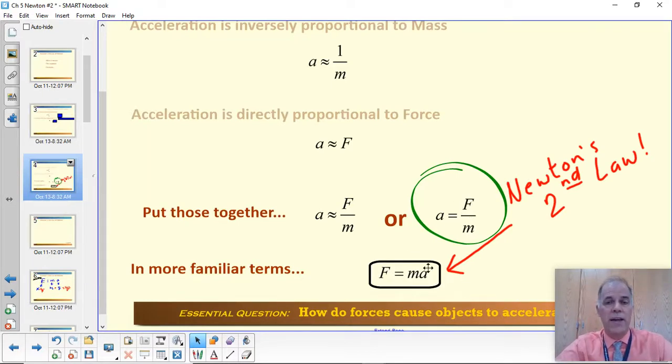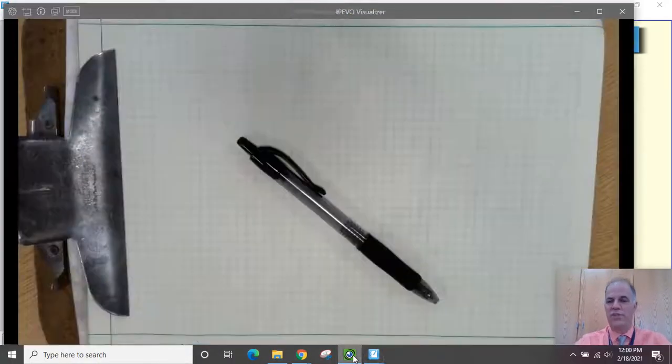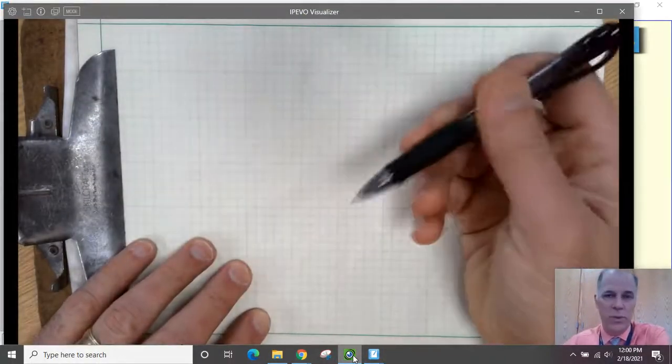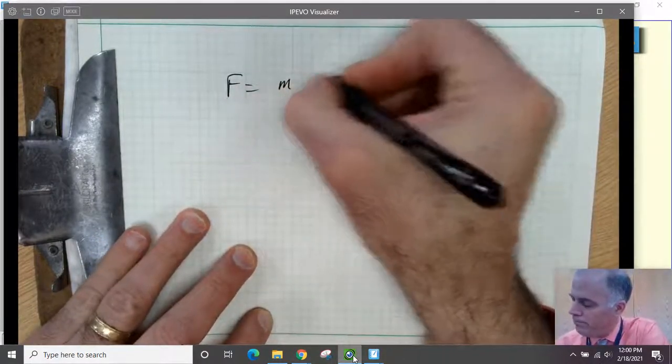And you may recognize that as Newton's second law. If you don't, you need to recognize it now because it's one you need to know. It's an integral part of this class. Now let me show you how this all works here. There are some variables and such, so we're going to write some of this stuff down, then we'll do a couple examples here. Okay, so F equals MA.